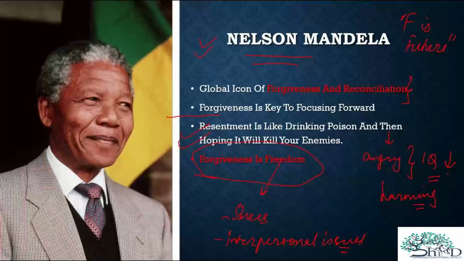The key point here is forgiveness, so that the other person is not able to poison your mind. That's the main thing. One thing I would like to tell you here is that in 2019 an essay came, wisdom is truth. You can relate this with that essay, because what Nelson Mandela is saying is wisdom. Wisdom is something which is gained after experience. After experience he saw that forgiveness is freedom, forgiveness is future, which is practically true. If you forgive people, you don't need to forget, or you need to forget, that is up to you. But forgiveness is something which you should follow.